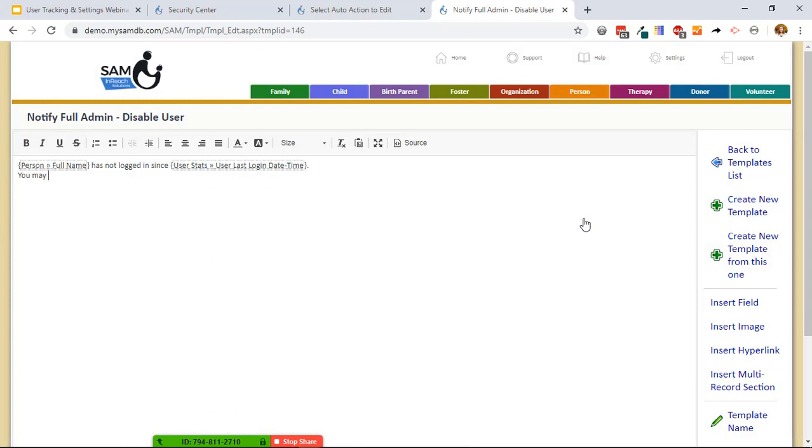Now, I like when you're adding notifications to a full admin to tell them what they're supposed to do next. And honestly, I say that not just to a full admin but to your team in general. It's great to notify them that something happened, but a great way to continue the process and give them the resources they need is to explain what they need to do at this point and where they should look. So you may want to disable this user, access their record